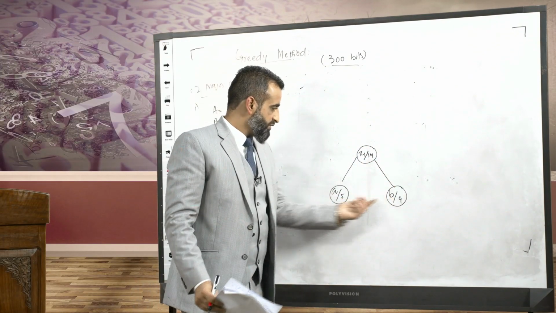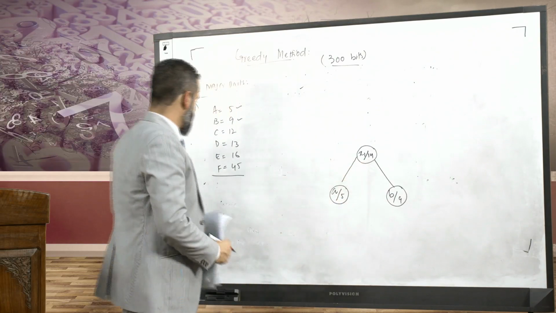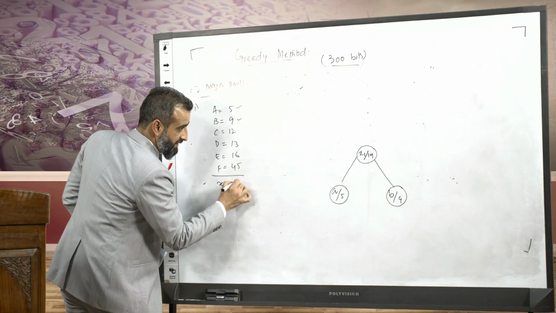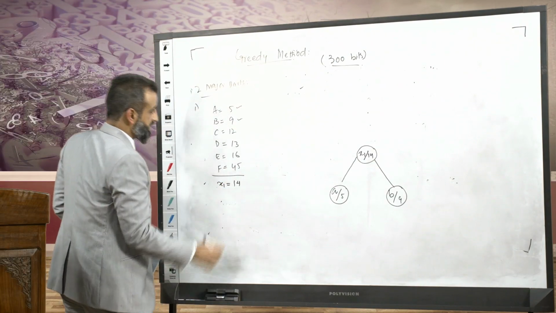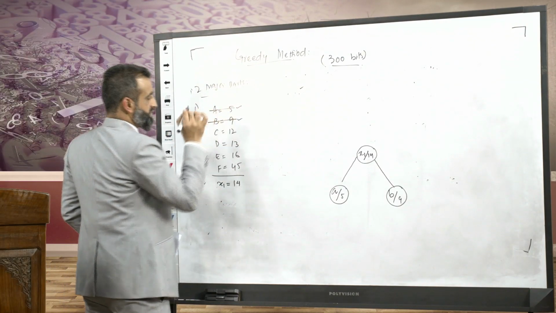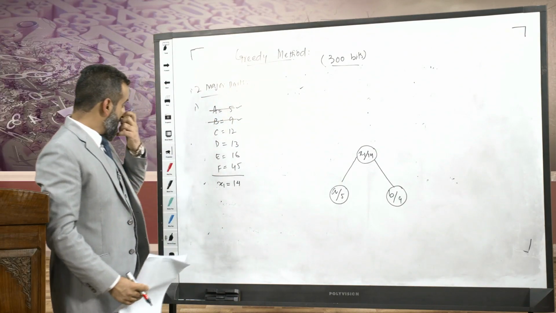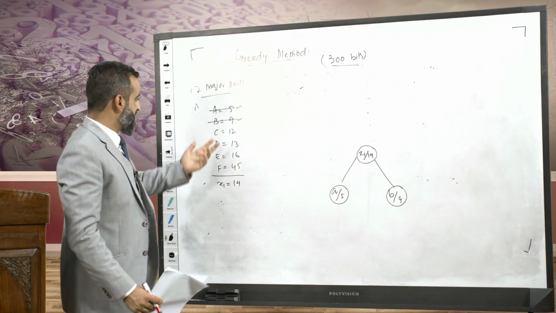Since these two nodes have already been addressed, a new node has been created. So I'll be adding the new node in the heap. So x1 has been created with a value of 14, and these two I don't require now because they have already been addressed. Let's have a look at the heap again, and using step 2 I'll be extracting two nodes